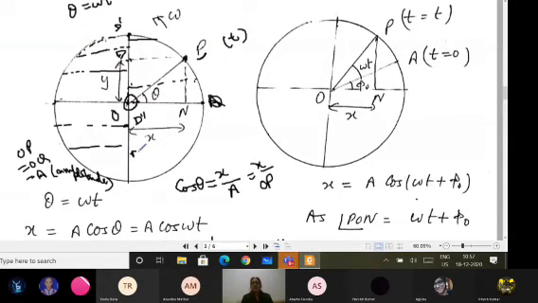So when I'm completing the circular path, you can see the projections are moving from O to D dash, then back D dash to O, then O to E. When you move from E to Q, the projections move along E to O. So it is simply like completing one cycle: O to D dash, back to O, then to E, then back to O. So when the particle is completing one circular path on the uniform circle, the projections are moving about the O position, O taken as mean, going to extreme D dash, coming back to O, then going to E, then coming back to O.